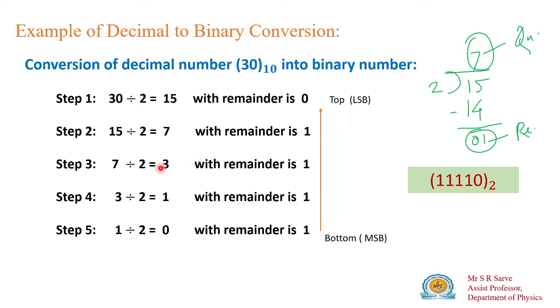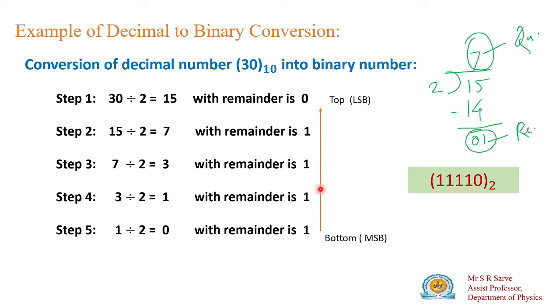Okay, because 3 twos are 6, here it will be 7 minus 6, so the remainder will be 1 and the quotient 3. Now again divide 3 by 2, we will get quotient 1 and remainder 1. Then again divide 1 by 2 and we will get quotient 0 and remainder 1. Okay, it is simple. Go on doing this, जब तक अपने को क्वोशंट 0 नहीं आता है तब तक वो प्रोसेस कंटिन्यू करना है.